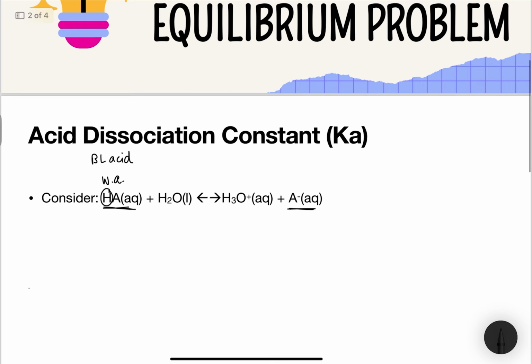Now, if I look at the product A minus on the other side, we call this one our conjugate base. It's a conjugate base because the definition of a Bronsted-Lowry base is that it'll be an H plus acceptor, which is what the negative ion is able to do if we actually go backwards in the equation. Okay, now the water and the hydronium in this Bronsted-Lowry equation, the water is acting here like a Bronsted-Lowry base as it is an H plus acceptor, because if I look at it from here as a reactant to a